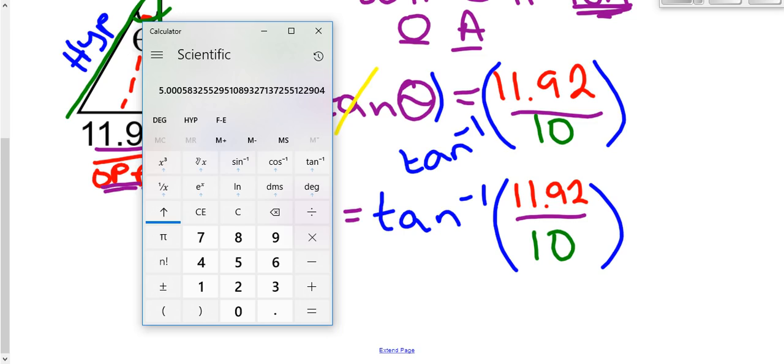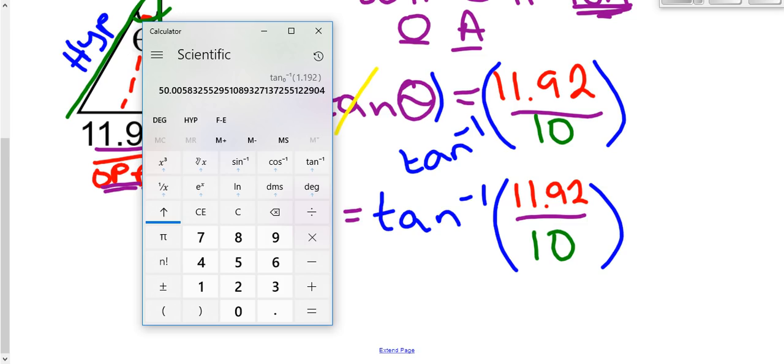It tells me that my inverse tangent, oops, that's not right. Sorry, let me try that one more time. 11.92 divided by 10 equals inverse tangent. Oh, I guess I don't have to hit equals. I'm sorry about that. So I hit inverse tangent, and it automatically tells me what the solution is. And the solution is